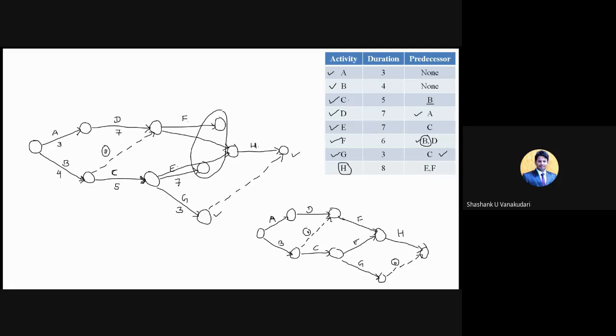Sorry for the inconvenience. Okay. Understood how to draw the network diagrams when you have been provided the question with respect to predecessors? Can I move ahead? It's audible, right? Yes, sir. Okay. So after drawing this, the diagram will come in this way. This is how you will get the network diagram after drawing it.